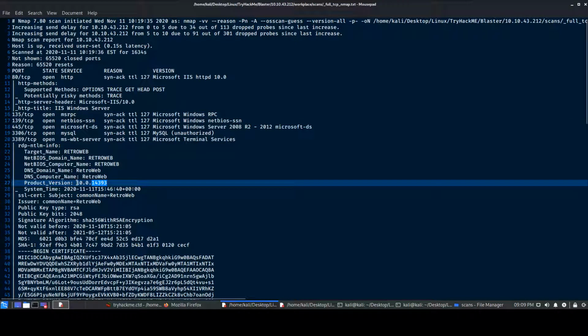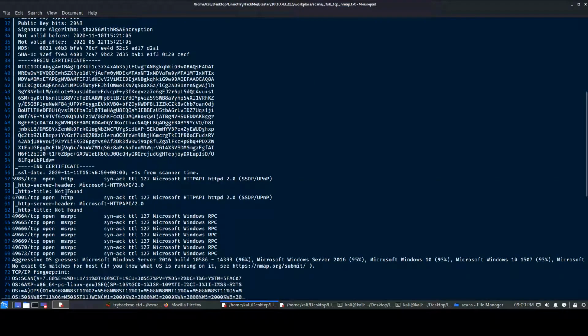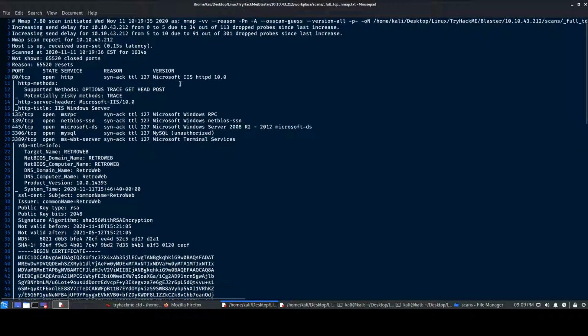It even gives you the product version, that's like the OS version it's gonna give over here. So basically you even know the OS version. You can take this, copy paste on Google, you'll get the OS probably. The multiple ports over here, this is nothing but it says HTTP, but it is actually that WSMAN port. That's your Windows remote management port. So, and over here this 80 is running the HTTP service, so we can probably go and look for that